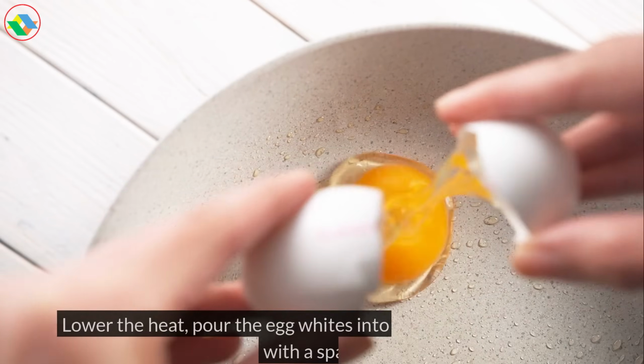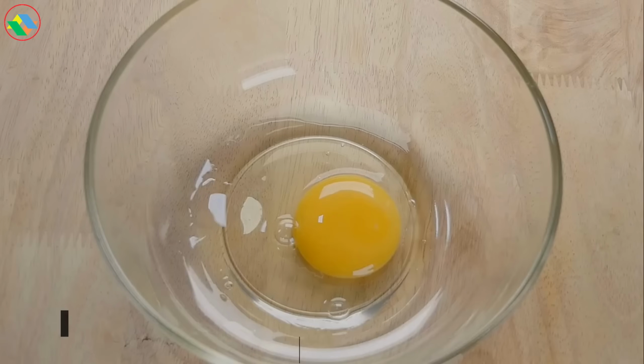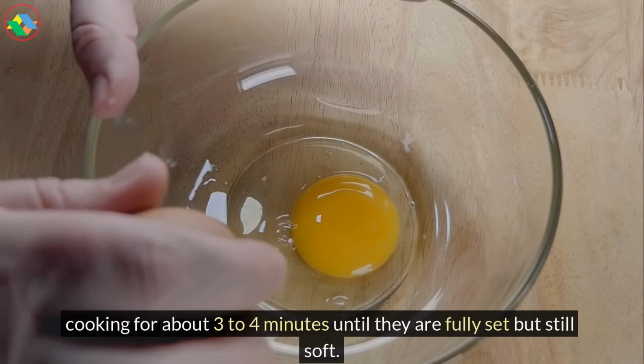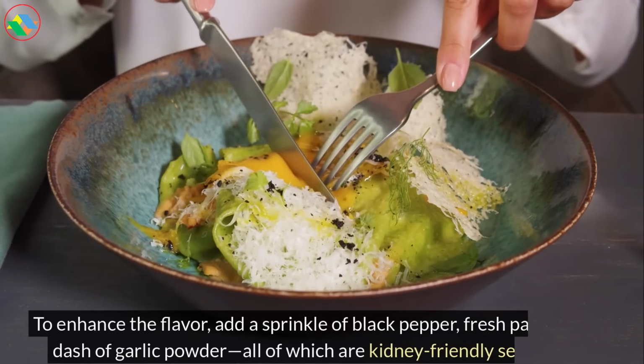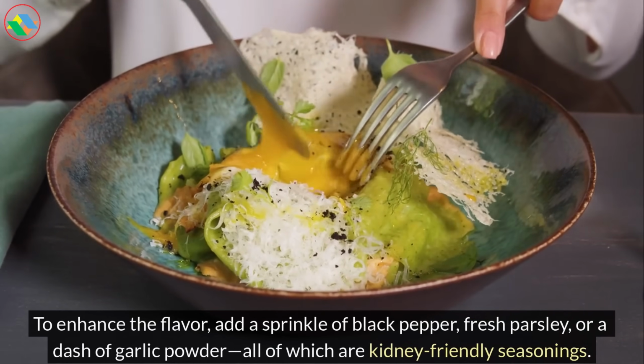Lower the heat, pour the egg whites into the pan, and gently stir with a spatula, cooking for about 3 to 4 minutes until they are fully set but still soft. To enhance the flavor, add a sprinkle of black pepper, fresh parsley, or a dash of garlic powder, all of